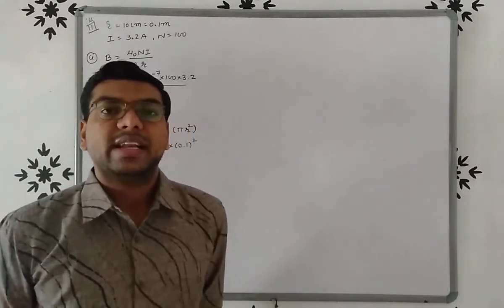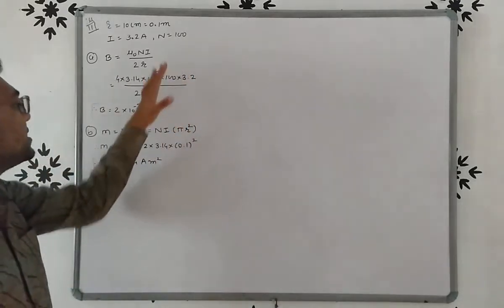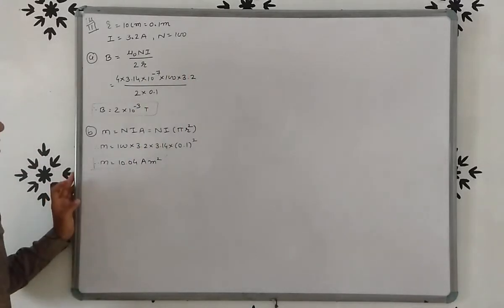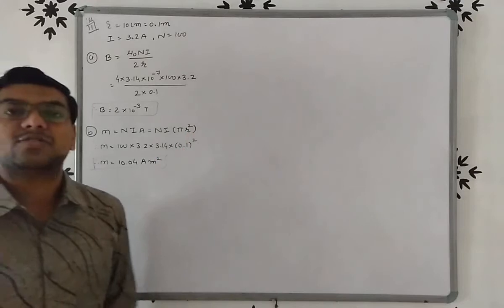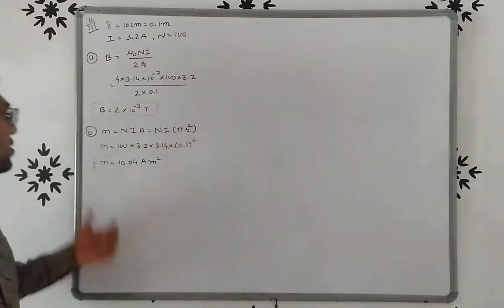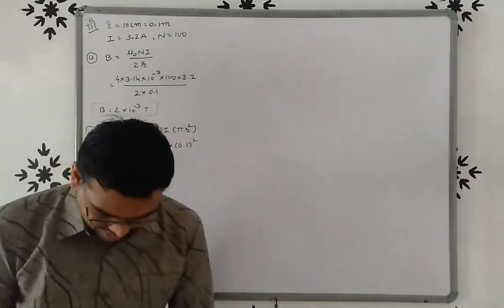So once again, we have to find out the magnetic moment of this coil. We know that magnetic moment M is equal to NIA, but here a circular coil is given, so the area is pi r square. So N is 100, I is 3.2, pi is 3.14, and r square is 0.1 whole square. After the calculation we get magnetic moment 10.04 ampere into meter square. Now